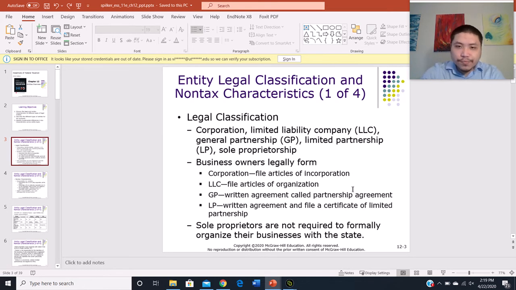So how are these types of entities different from each other, right? So we know corporation, especially C corporation, is usually the most complex structure of business out there,